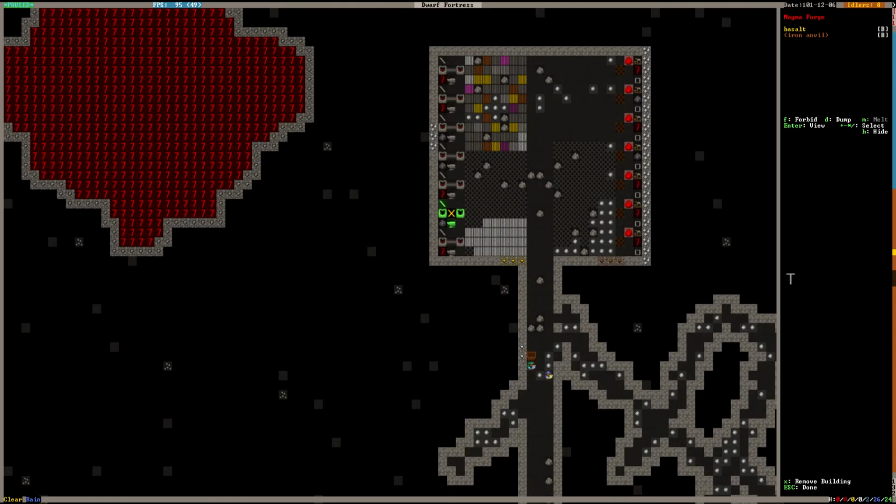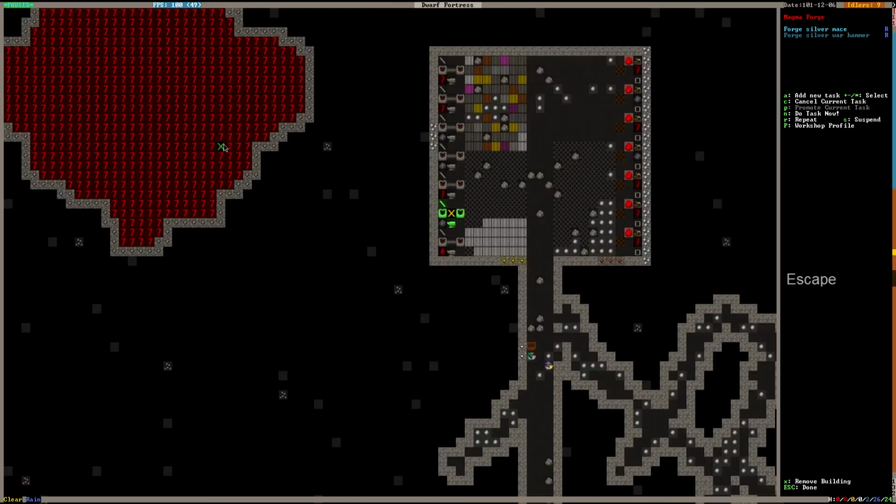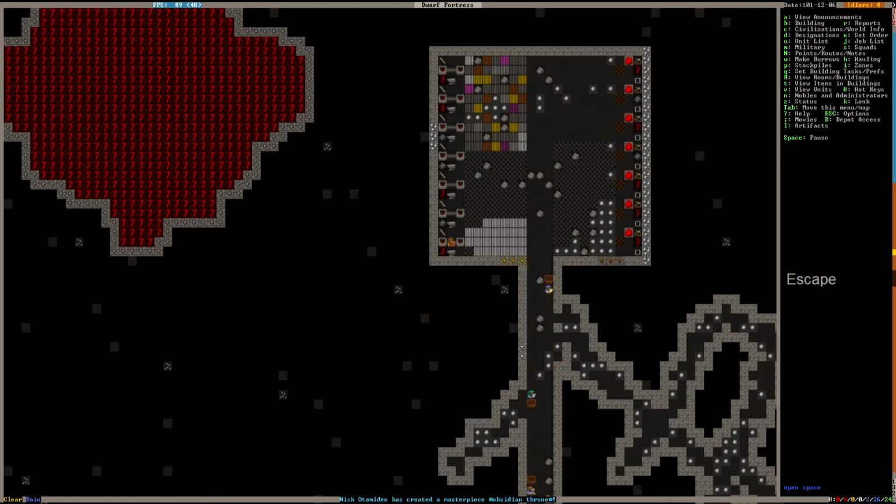There's a way, of course, to get out of this pickle, that is to use the workshop profile with capital P. Then you can set the minimum ability of the smith who does it. But in this case we want to train our smith, so